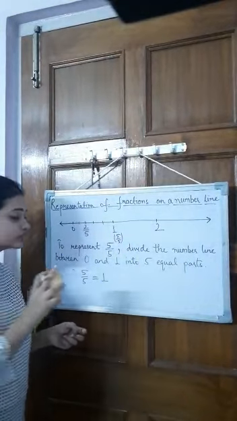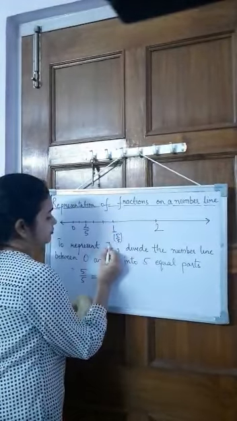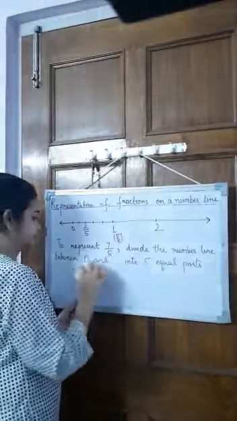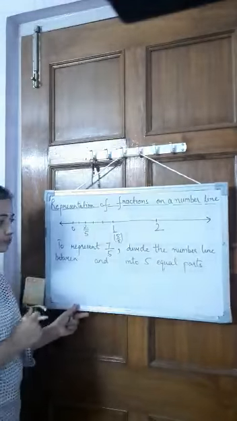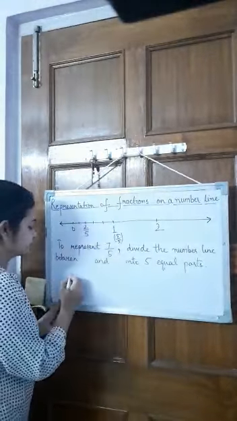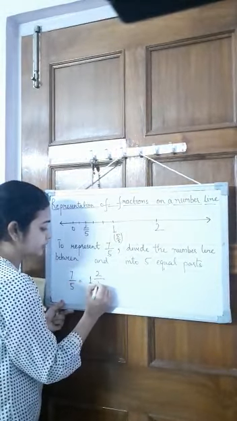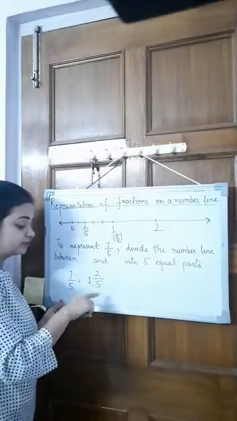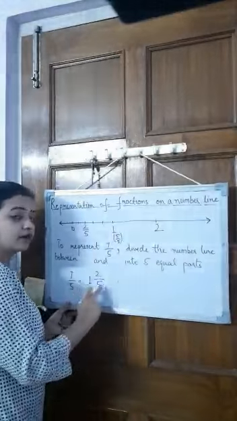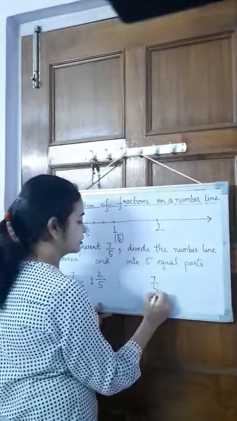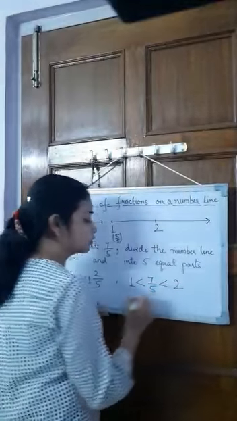Now let us take one more example where the numerator is greater than 5. So let us take 7. Okay. Now what is the value of 7 upon 5? 7 upon 5 is actually equal to 1 whole 2 by 5. Now 1 whole 2 by 5 means this is greater than 1 and less than 2. It's 1 and a part of it. So 7 upon 5 is definitely greater than 1 and it is less than the whole number 2.